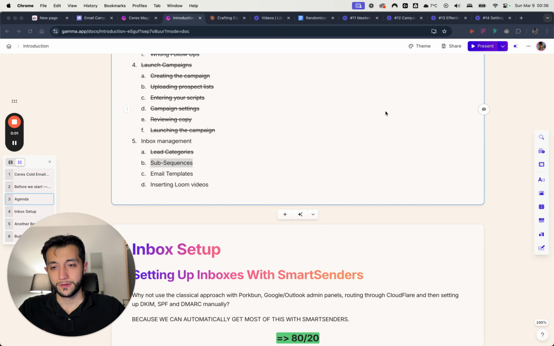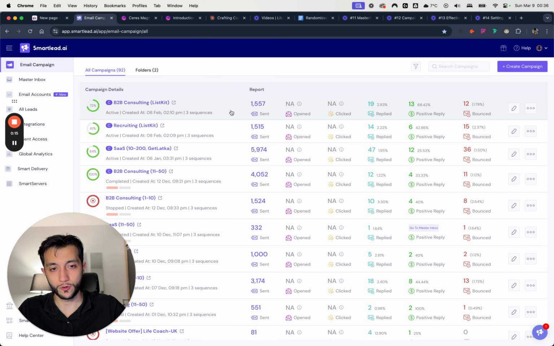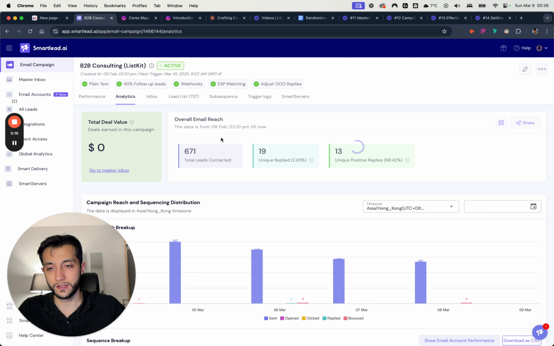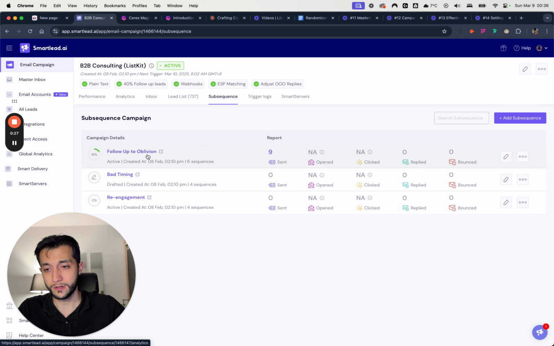For the next step, subsequences, you need a campaign that already has prospects in it and that you already started, because only then will you be able to add subsequences to that campaign. So let me show you how that works. For that, I'm going to go into one of my recent campaigns, which are active and still have prospects in them. If you do have these two things, you can access this tab in the campaigns overview, where you can